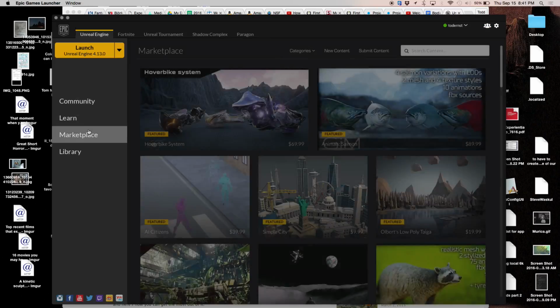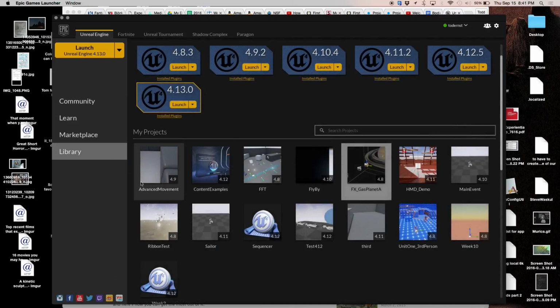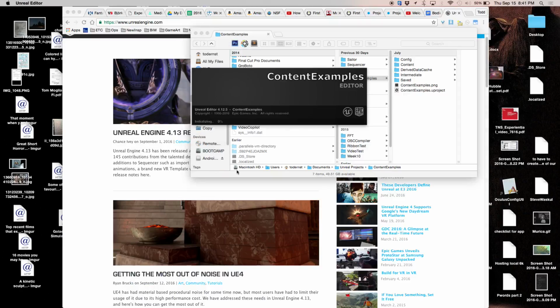And then there's the whole marketplaces tab on the left. I have content examples, which we'll open up now. This has examples of almost everything we'll do in class already integrated and built, and you can explore them. It's like a store. You just go down and say, oh, there's that bin, and that bin, and that bin.